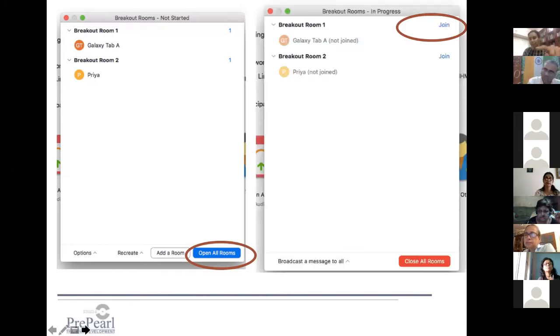Once that happens, you will still be able to just see this. So for you, this is the screen. You can constantly see people joining in. And you would have realized that I got into different breakout rooms at different points of time to just check and see whether things are going well. How did I do that? I did that just by clicking on this join button over here, which is next to each breakout room. So you click on that join button and you will find yourself automatically, like magic, transported into that room.